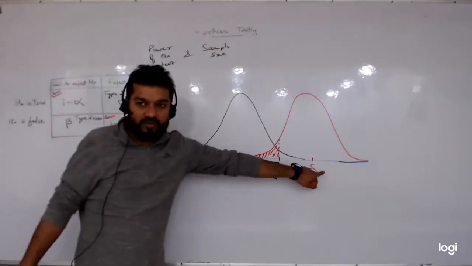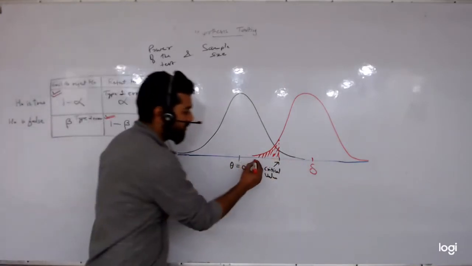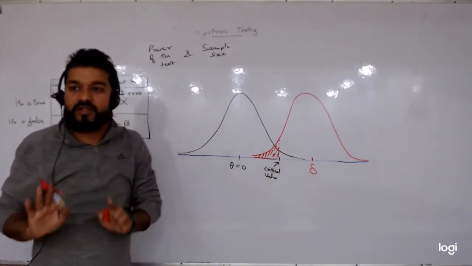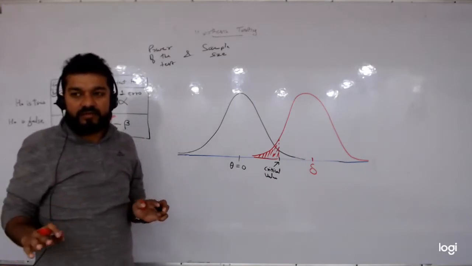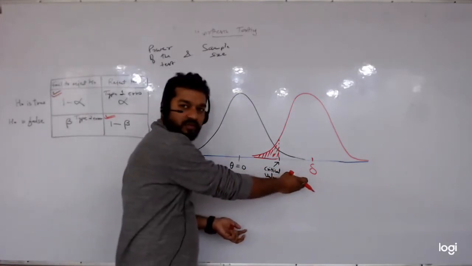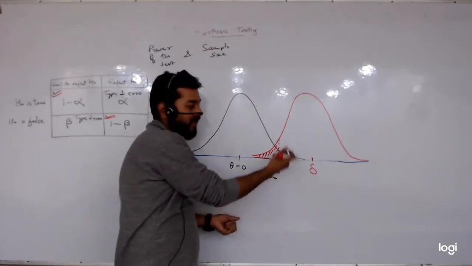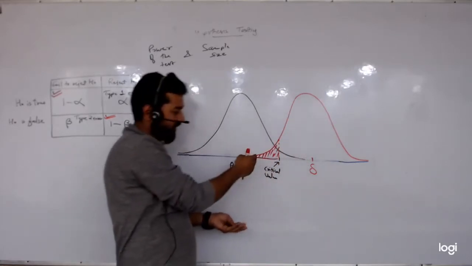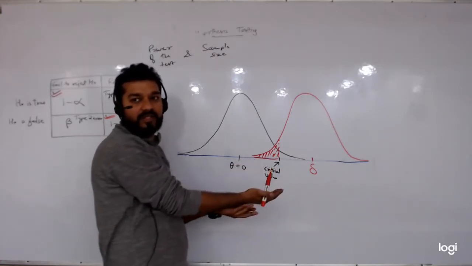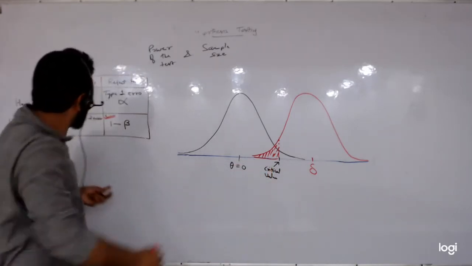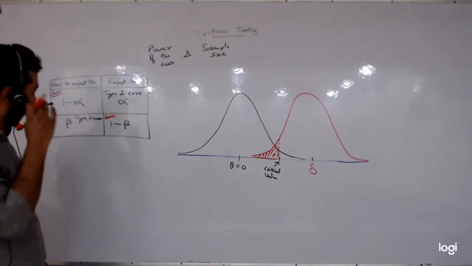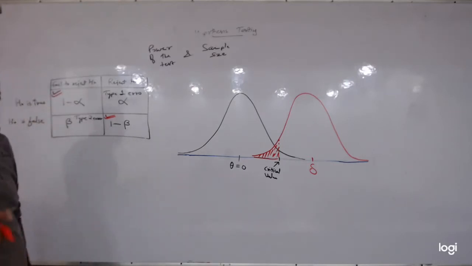If that is true and we get our value to the left of the critical value, okay, red here does not mean region of rejection now. It has a different interpretation. It's just that this is false, this is true, but our sample is extreme even though this is true and the value ends up being here. We would fail to reject it.